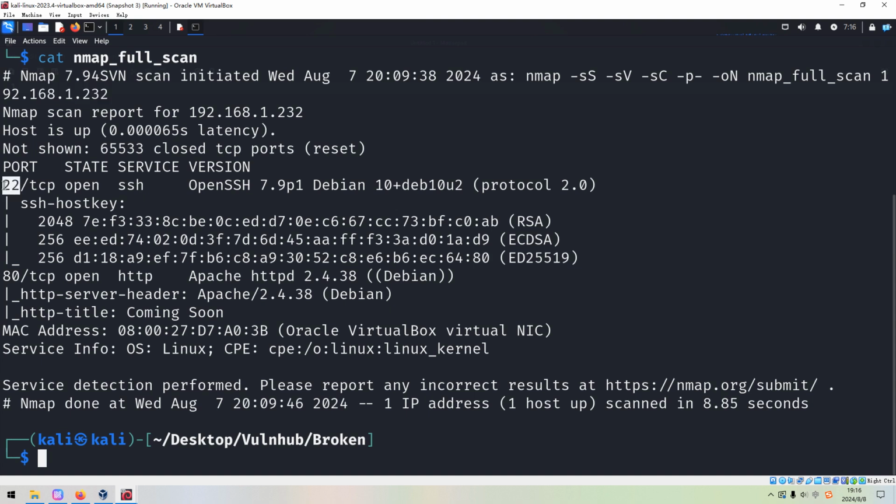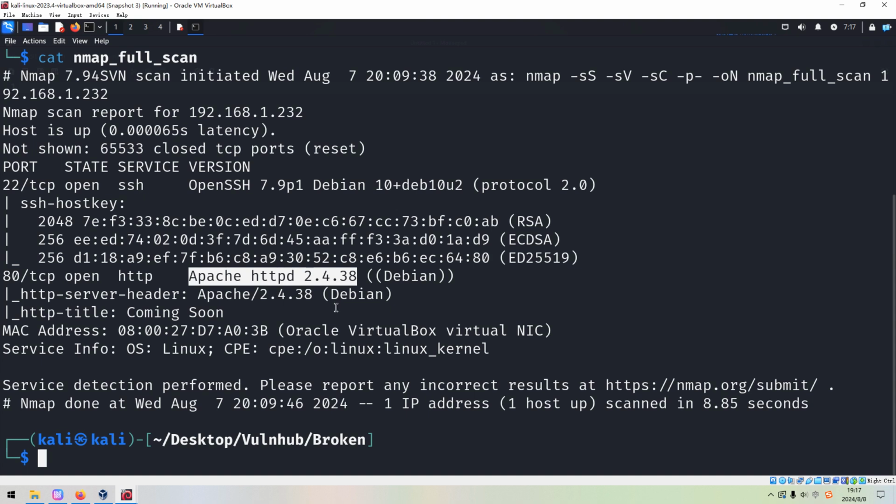So from the Nmap scanning, we can tell that the target has two port numbers. The first one is 22, which is running SSH service, and also the version information, including the exact version number. I don't think we can find any vulnerability except the username enumeration, which is not what we want. And the second one is 80, which is running HTTP service, and also the version information, Apache 2. So then what are we going to do next?